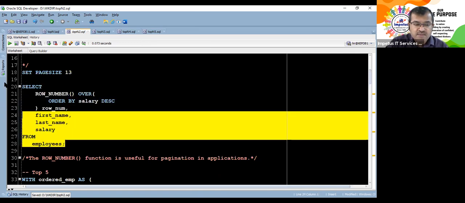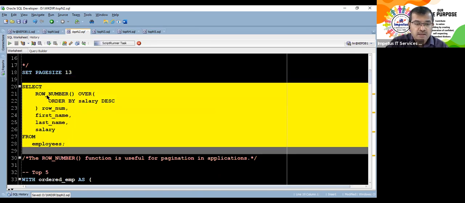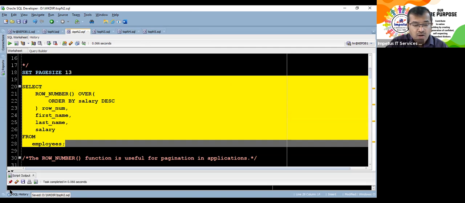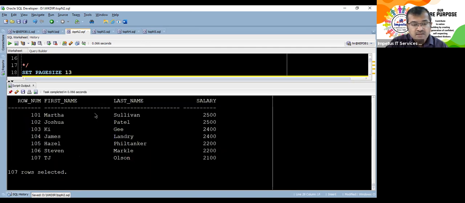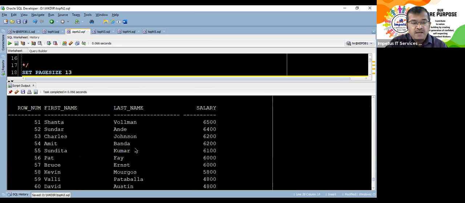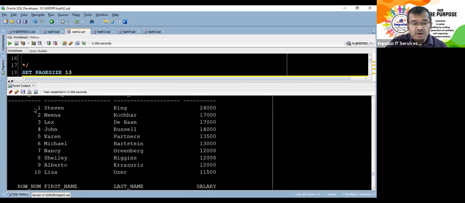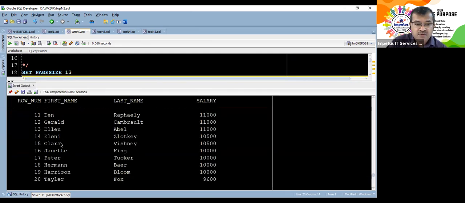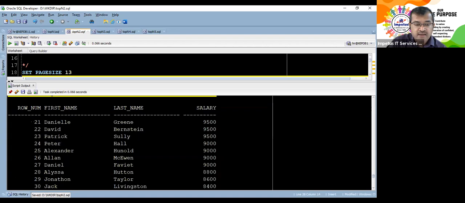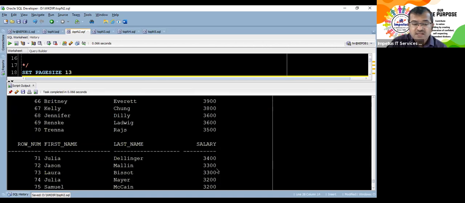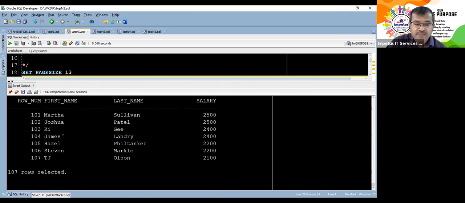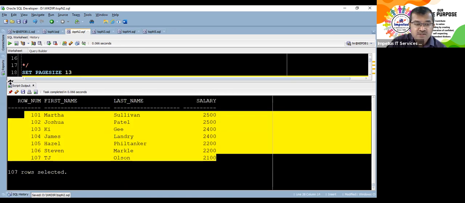Now, when we displayed these records, ordered by descending, I got some records. Look at this. On every page, there are 10 records. First 10, the second 10, the third 10, and the fourth 10. So these are various pages that have got created, isn't it? And the last page has only 7 rows and so on.